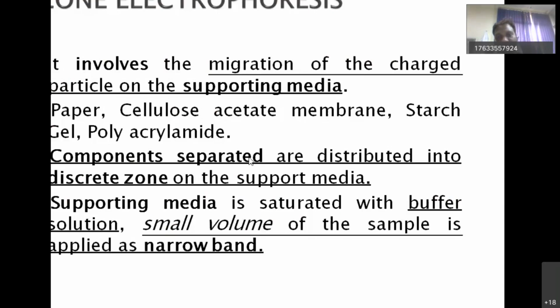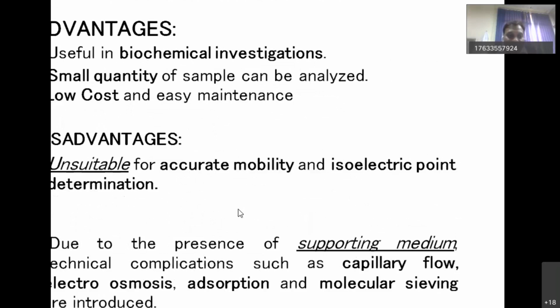The separated components are distributed into discrete zones. The supporting media should be very well saturated with the buffer when you start your experiment, and you add your sample on that media. The advantage of zone electrophoresis is that biochemical investigations you can do in